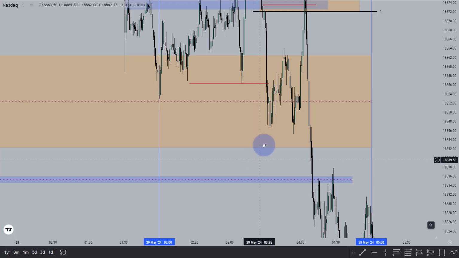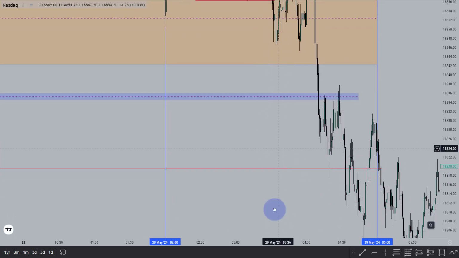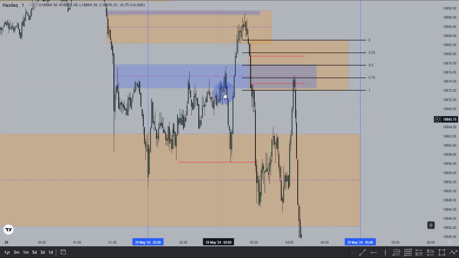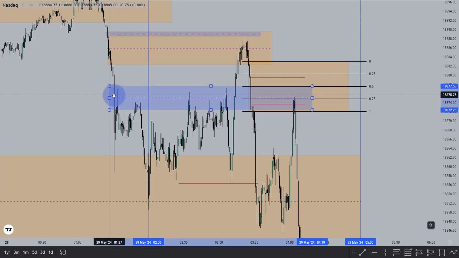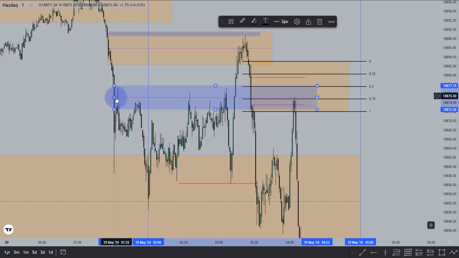Below this 1-minute liquidity, you have this 15-minute liquidity. You have this 1-minute liquidity. The market went through this fair value gap. Now, why have I marked this fair value gap? Why is this fair value gap important? Because